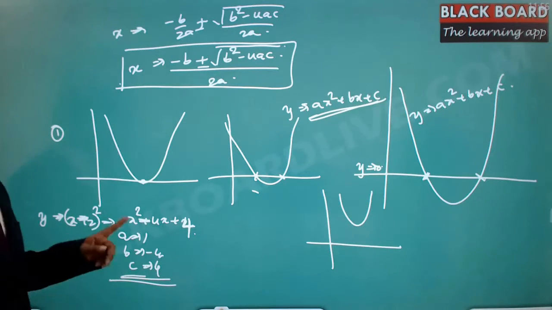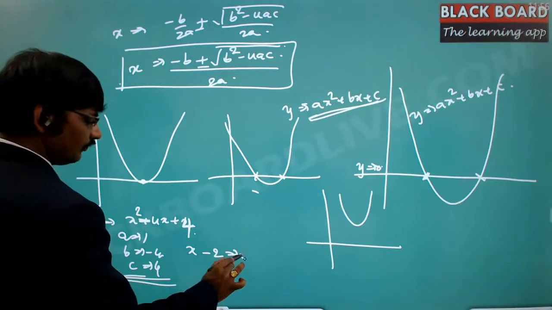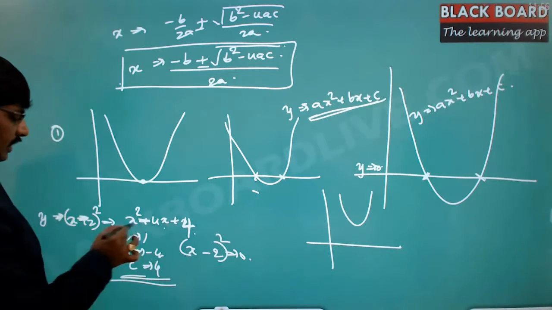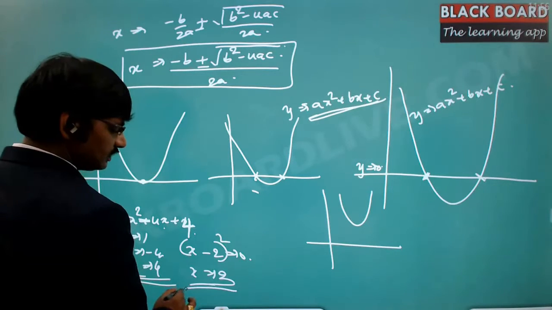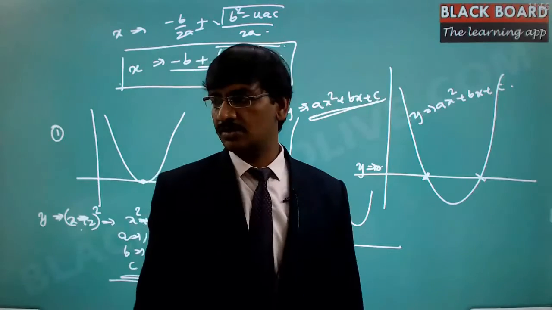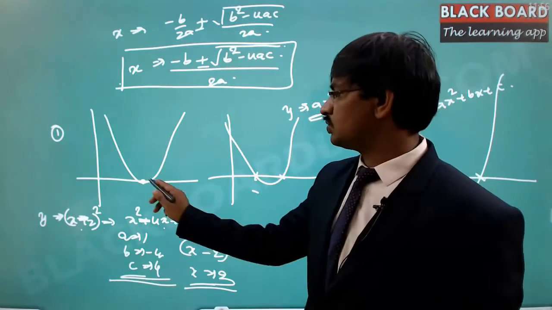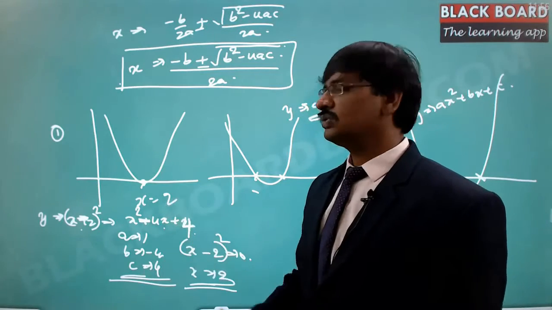Now depending upon these values, you know that x minus 2 whole square equal to 0, because this can be expressed in this format, and x is equal to 2 is the only place where the curve is just touching the straight line y is equal to 0. That means there is only one solution that lies here. That value is going to be x is equal to 2. So we have got this value.